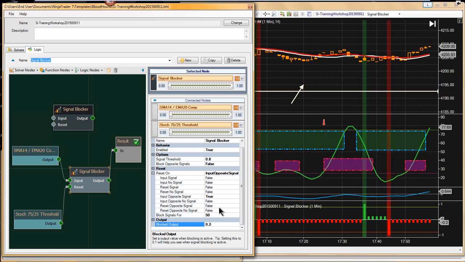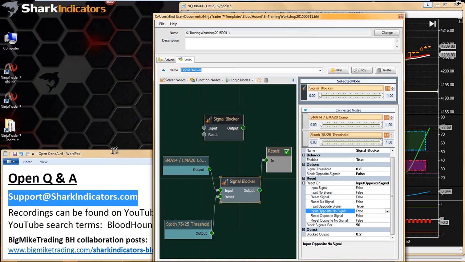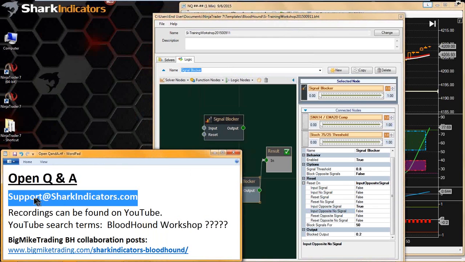What it's doing is not very complicated. It's just blocking signals for 50 bars. The only part that does get complex is deciding which of these resets you actually need to use and which ones you don't want to use. And if you need help with the signal blocker, you're always welcome to send your questions in to us